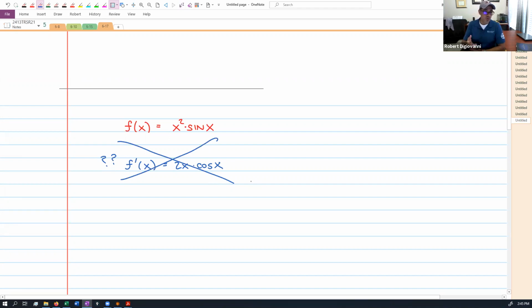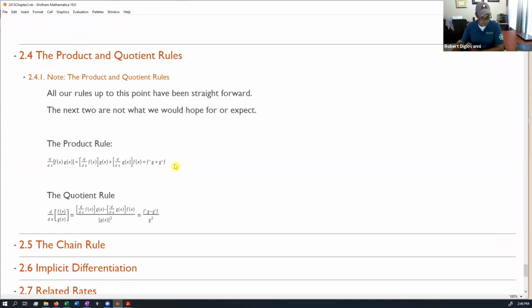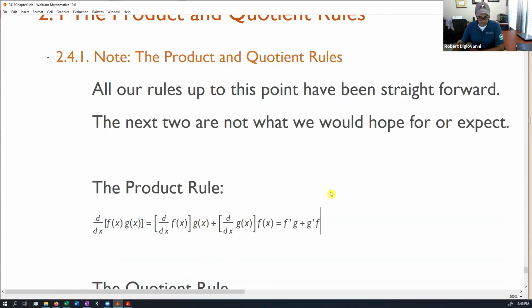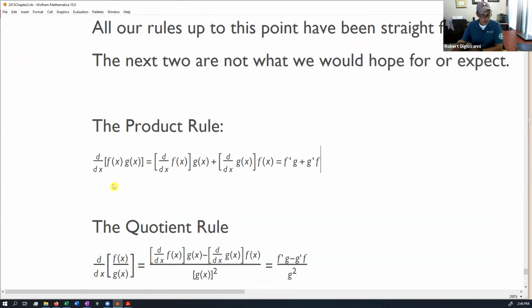We have a rule called the product rule, which tells us how to take derivatives of products. I'm not going to prove the rule again because it would take too much time. But here's what the rule says. Let me bring up the notes. And this is a little nasty to look at when you see it first, but it says that if you want to take the derivative of some function